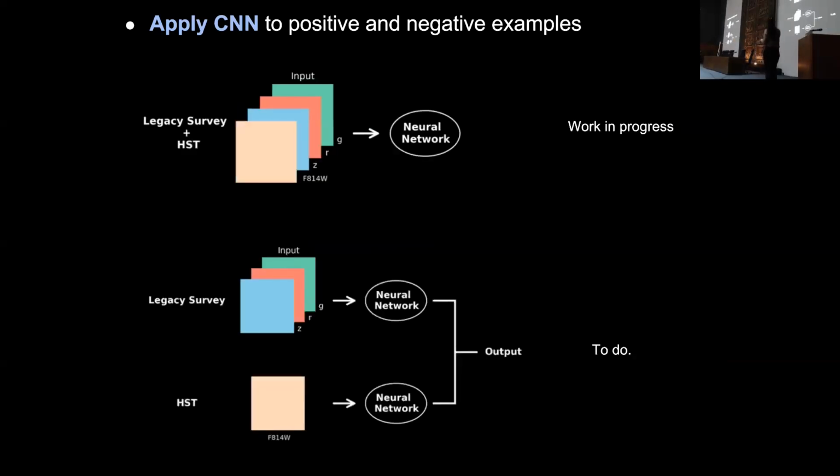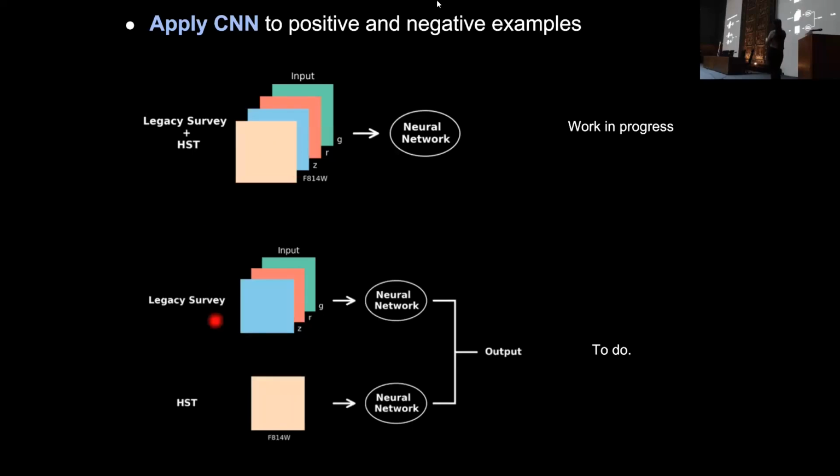So now the step I'm doing, and it's running right now, is to combine both of them and then apply a neural network where the images from the low resolution are being, how do you say this? I forgot the name, but I am moving them to the same pixels as the HST. And then we are creating the neural network for these 4 images. This is a work in process.